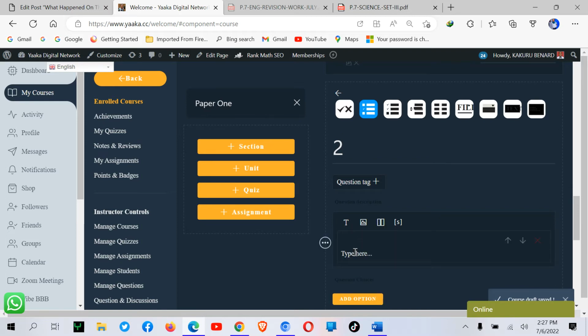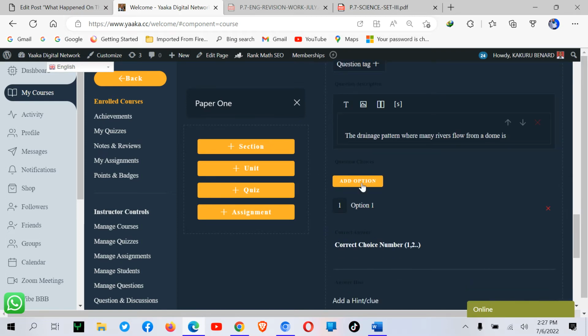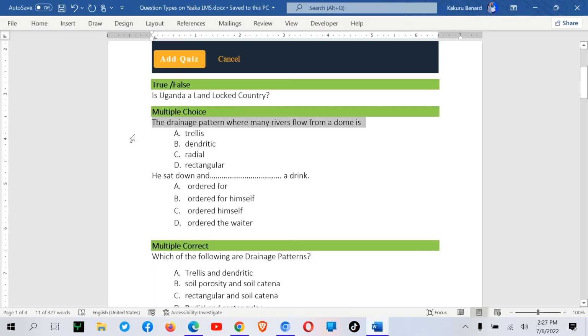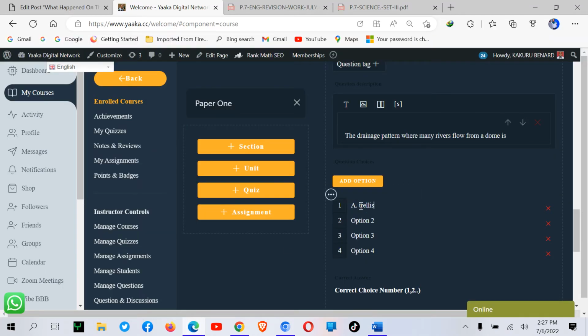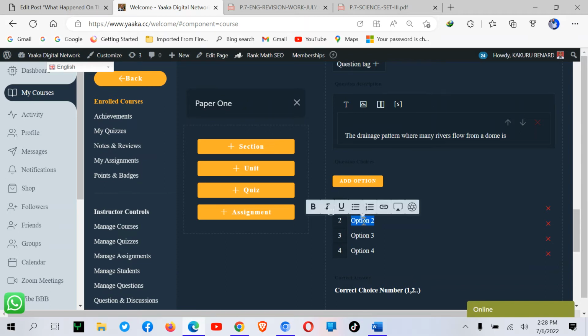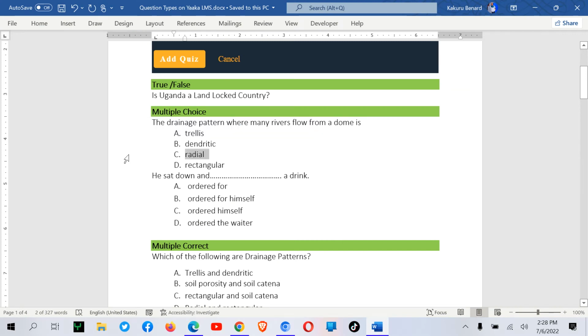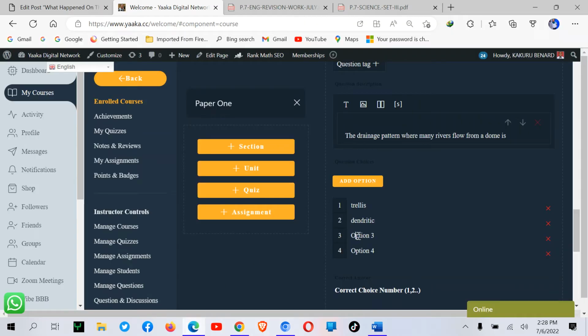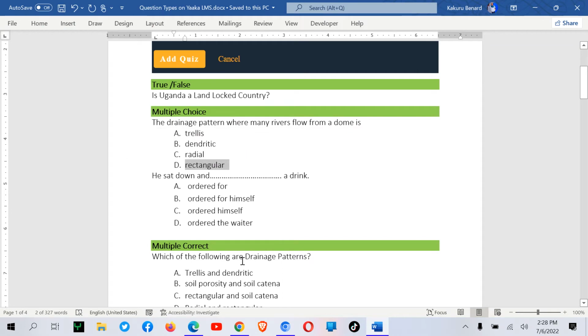Then here I can type the question. Then I add the alternatives, those answers. So my answers are here. I have that one. Type it there. There is that alternative. Also feed it there. Then next. And lastly,